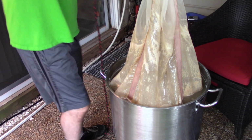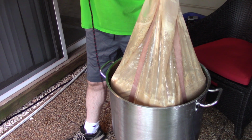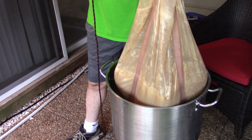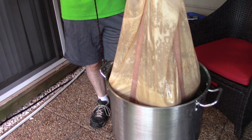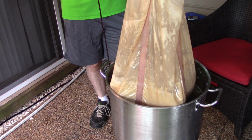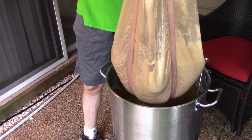Once the mash is complete, I remove the bag of grains. I use a pulley, which makes the job super easy. I pull out the grain bag slowly to give the liquid in the bag a chance to drain out. Otherwise, it would just drip down the outside of my kettle and make a big mess. I then let gravity do most of the work of draining as I heat the wort in the kettle up